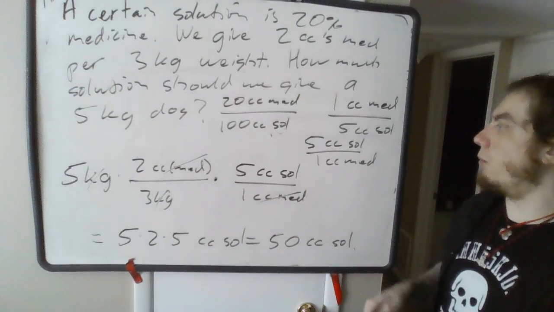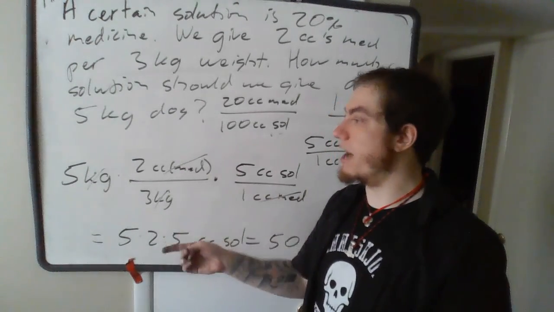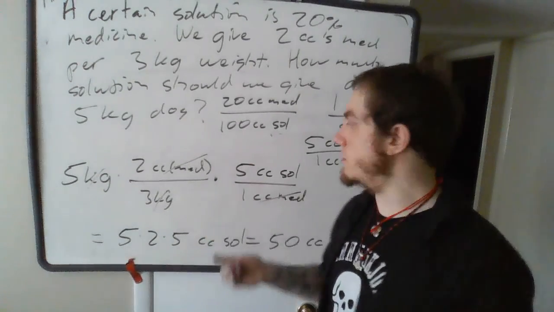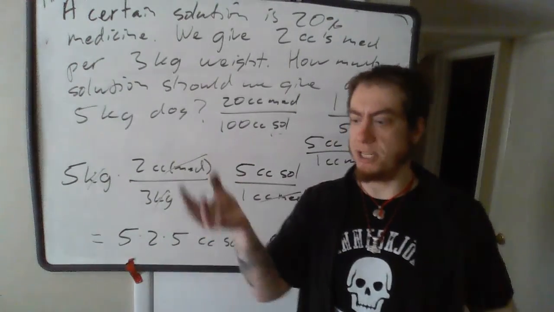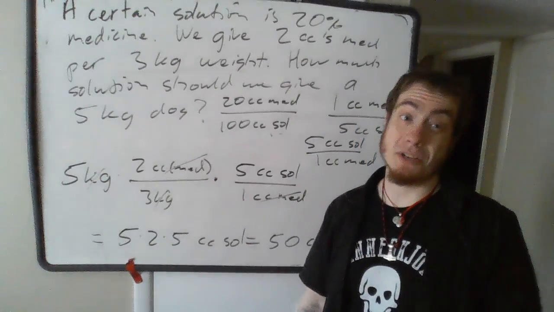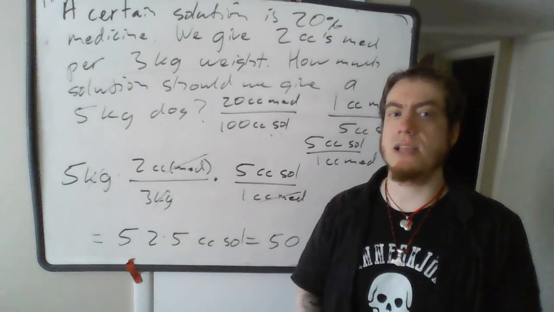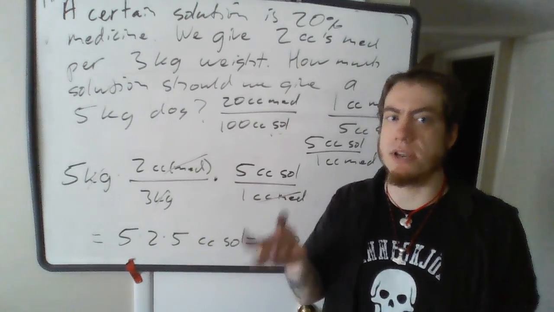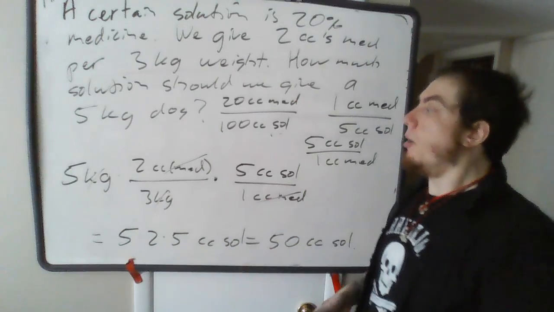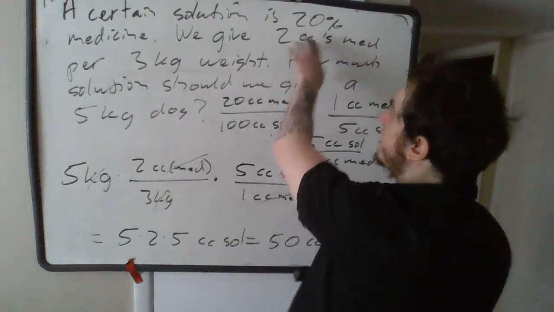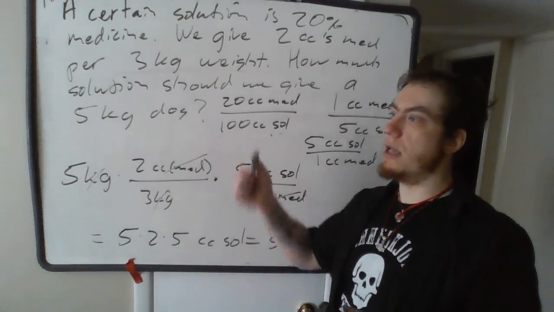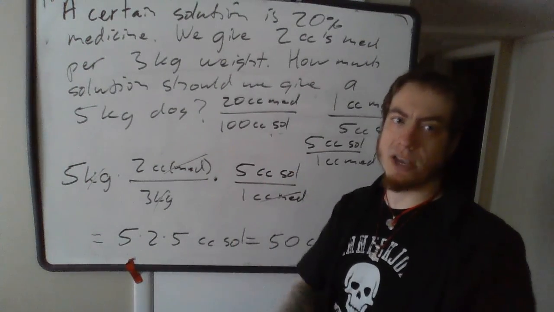You might wonder, well, why don't we just give the medicine directly? Why don't we just say, okay, forget solutions, let's just give a pure medicine. Well, there might be various reasons for this. Maybe the medicine itself could be very viscous, so it's very difficult to inject. Maybe you have to inject it, and it's hard to do that. But maybe if you mix it in a 20% concentration, now it becomes a nice non-viscous flowing liquid that's very